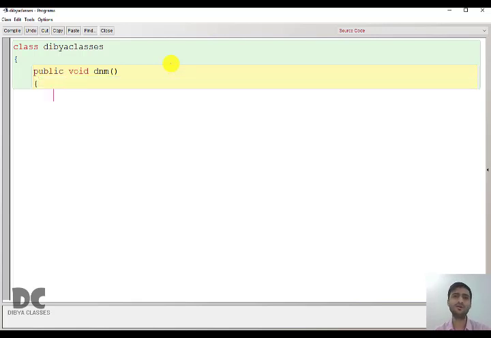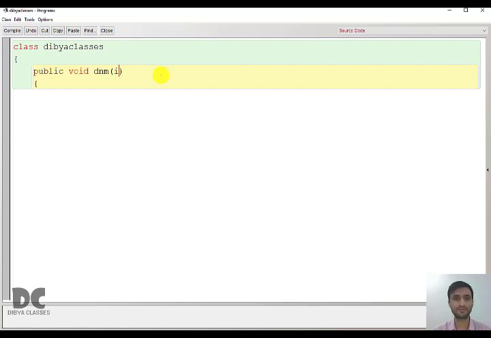Okay. Now the first thing is to take input. So how to take input? Using parameter. Okay, this area is called the parameter area. So here I will take the input. So there are total 9 inputs: byte, short, int, long, float, double, boolean, string, and char. So let us take 9 inputs.